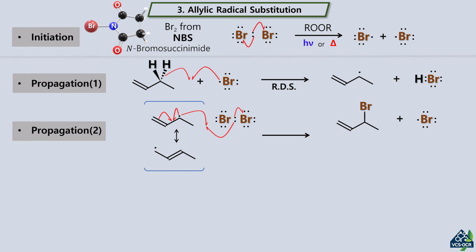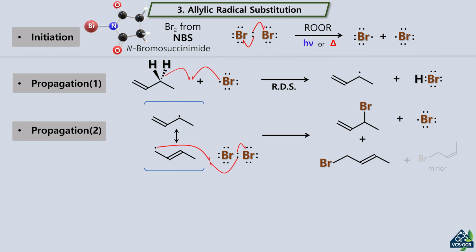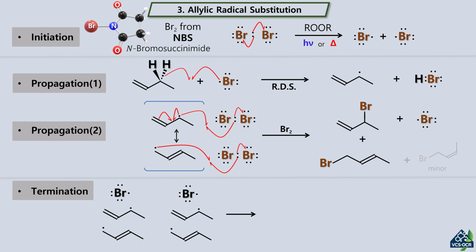In the second propagation step, this allylic radical reacts with the low concentration of Br2, yielding the allylic bromide product and regenerating the bromine radical. Because the allylic radical is resonance stabilized, reaction can occur at either resonance position, frequently producing a mixture of constitutional isomers. The chain reaction stops during termination when any remaining radicals collide and couple, such as two bromine radicals recombining,